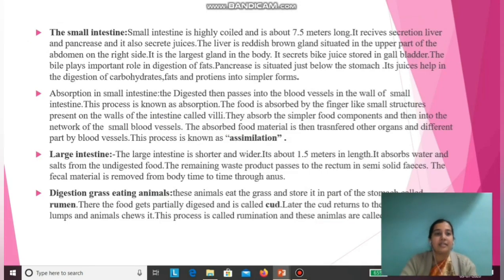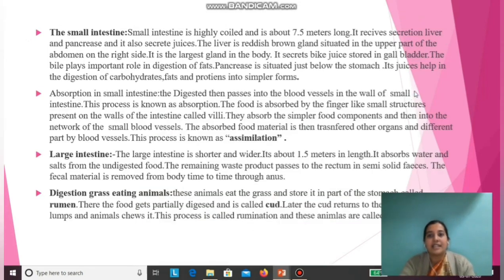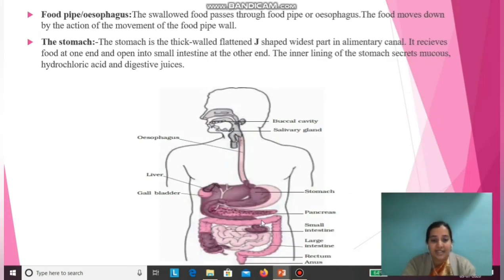Okay, then the small intestine. The small intestine is highly coiled and is about 7.5 meters long. See your small intestine here. In this way the food enters into the small intestine. It is a coiled structure, 7.5 meters long. It receives secretions from the liver and pancreas. That means this small intestine receives secreted juices from the liver here and the pancreas,